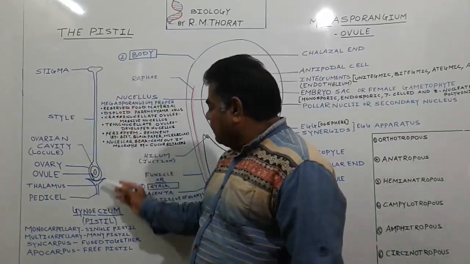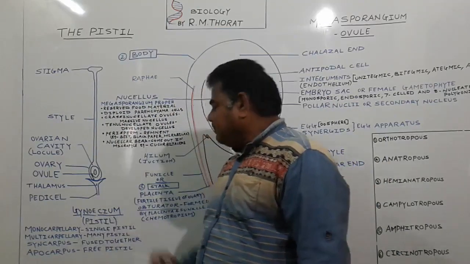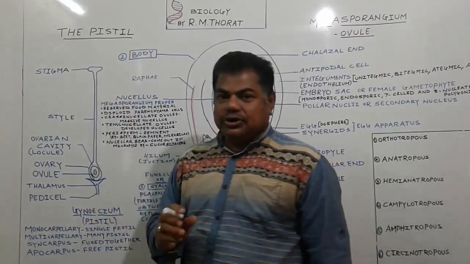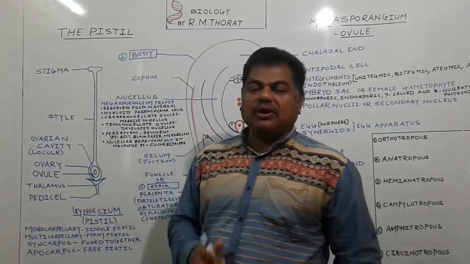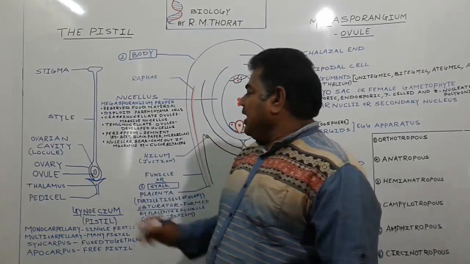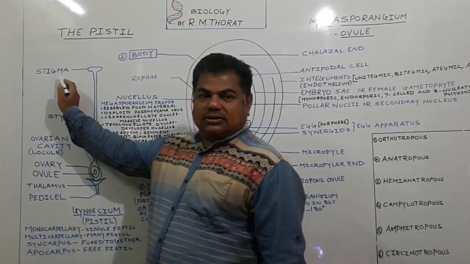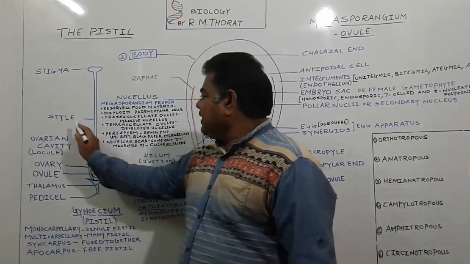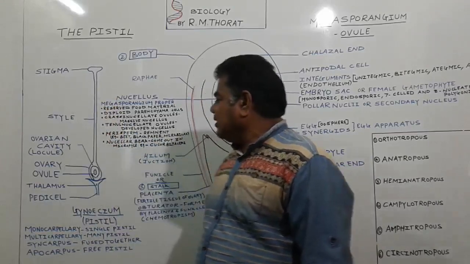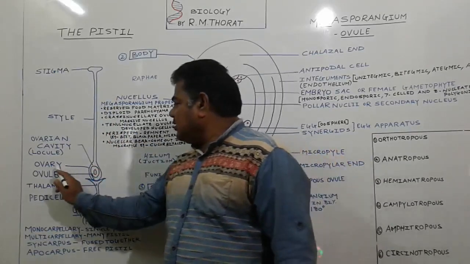See here, this is a diagram. This diagram is of gynoecium. It is a female reproductive structure which is present in the flower. It is the innermost whorl of the flower, and this gynoecium consists of stigma. Then it consists of this long structure, this one we call a style, and this structure we call an ovary.